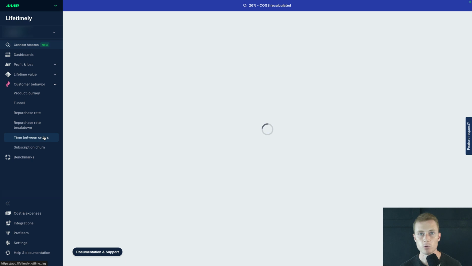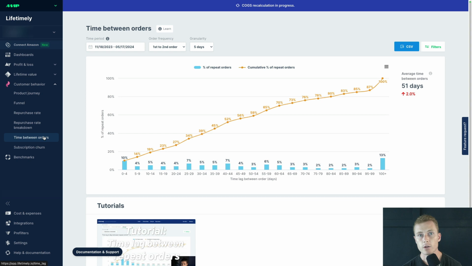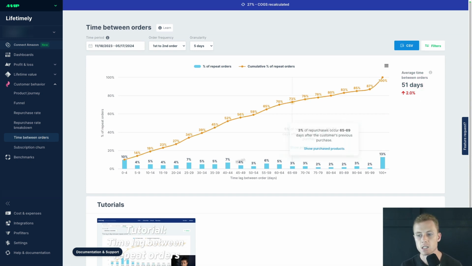Next is time between orders. So this one's rather self-explanatory. It'll show you what the standard time between an order is for your customer base. This is pretty helpful if you're a brand that has a very obvious sort of time frame for when customers are coming back and reordering. You can create your email and SMS flows in Klaviyo or Attentive or whatever it may be around what that time typically is. So here you can see the average time between orders is 51 days,